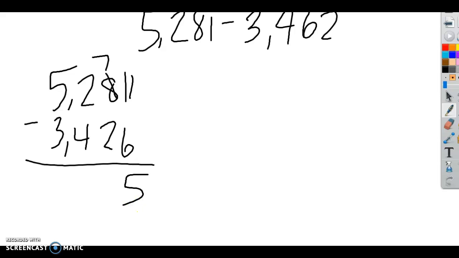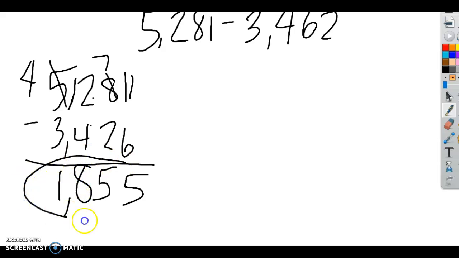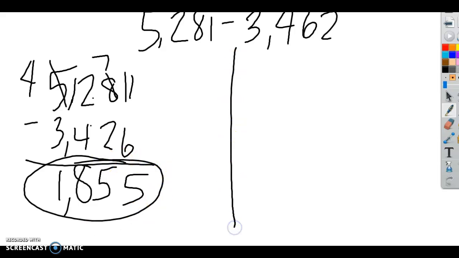What is 11 minus 6? Good. 5. What's 7 minus 2? 5. Now, can I do 2 minus 4? Of course not. 2 is too small, so go next door. Your 5 turns into a what? Good. 4, and you add a 1 in front of your 2, make it a 12. So what's 12 minus 4? Good. 8, and then 4 minus 3 is 1. So you have 1,855. Now, when I solve this in the place value way, let me set up my problem